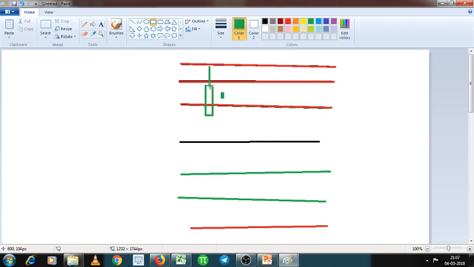For example, this is a 52-week high stock, so it's a shorting candidate. So you should wait till this particular level. For example, till this particular red line, or 0.5% or a bit lower from this particular red line, and your entry should be around here. So your entry will automatically coincide with this particular resistance, and once it reaches this particular level, it will definitely drop. So when you talk about the stop loss, your stop loss should be above all the three